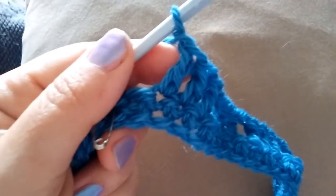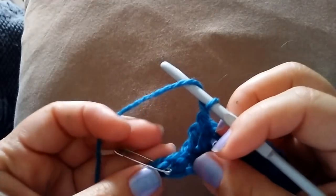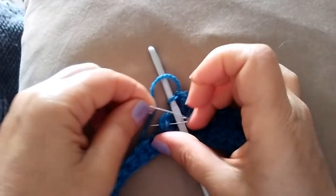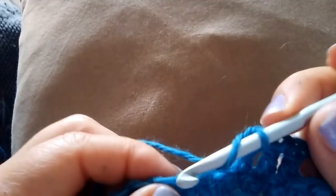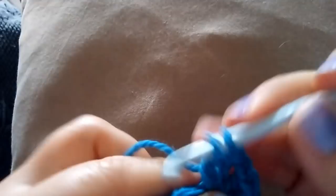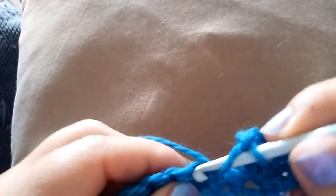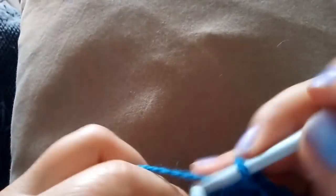Chain 1, and now my third corner. It's better if I remove the marker, okay? Into the next stitch double crochet 2, chain 1, and into the same stitch again double crochet 2. That's my third corner. Chain 1, skip 1 stitch, into the next 3 stitches double crochet 3,